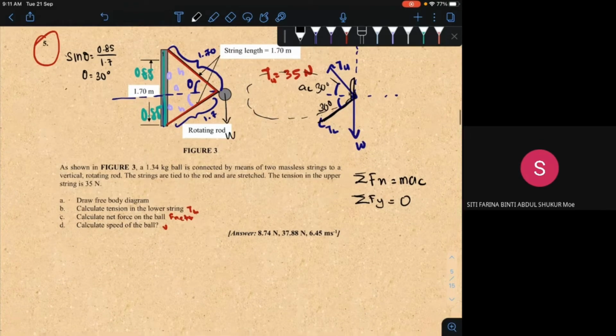So your tension in the lower string along Y component here is equal to zero. So along Y, to be more specific, we will have,